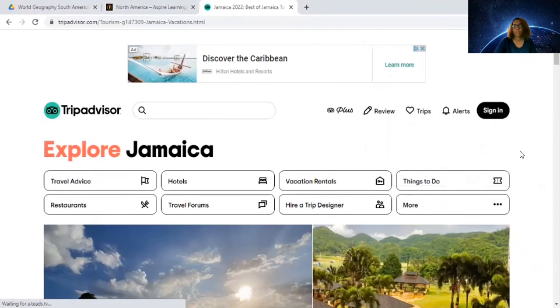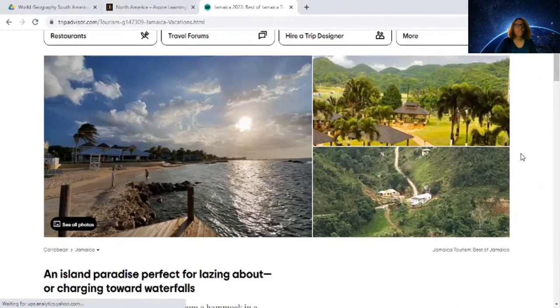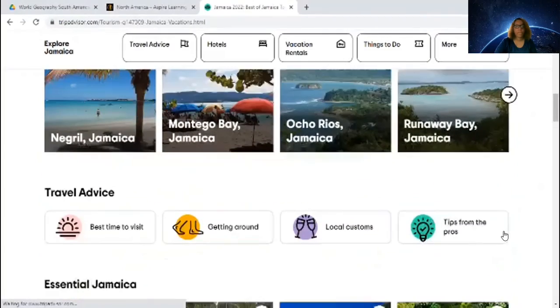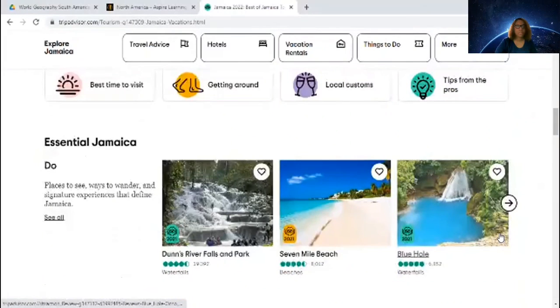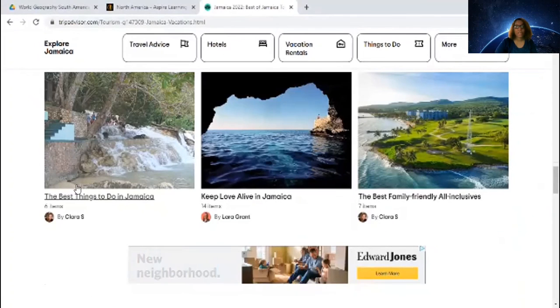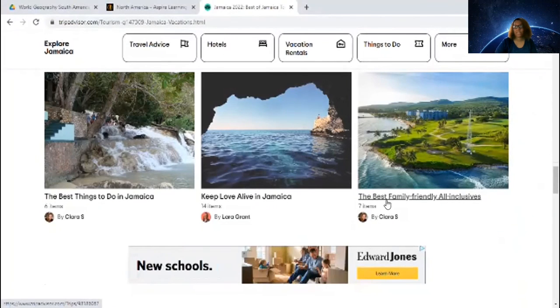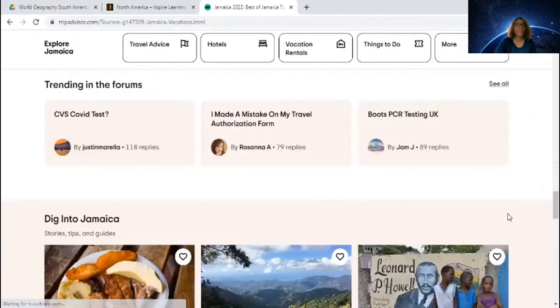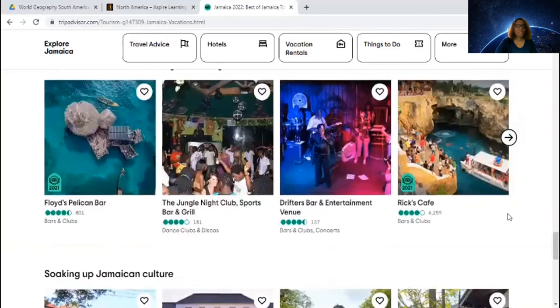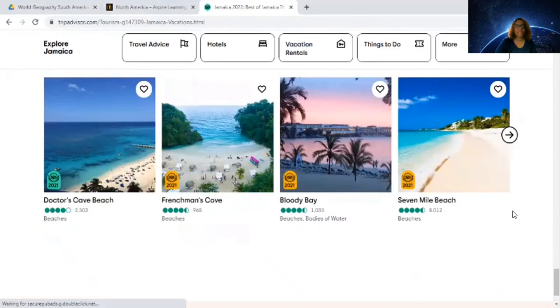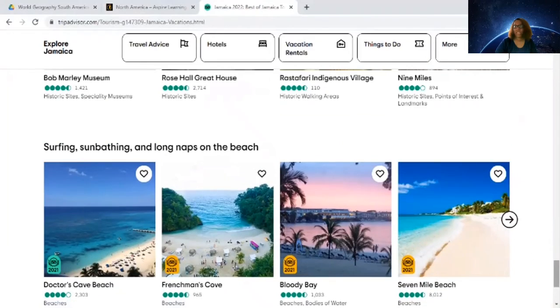Oh, this thing keeps doing it. So this shows you some places here in Jamaica, some destinations, some things to do. So mainly the things to do. There's also the best things to do in Jamaica, the best family friendly, all inclusives, keep love alive. I don't know. So just kind of look through this website and see any kind of attractions or landmarks